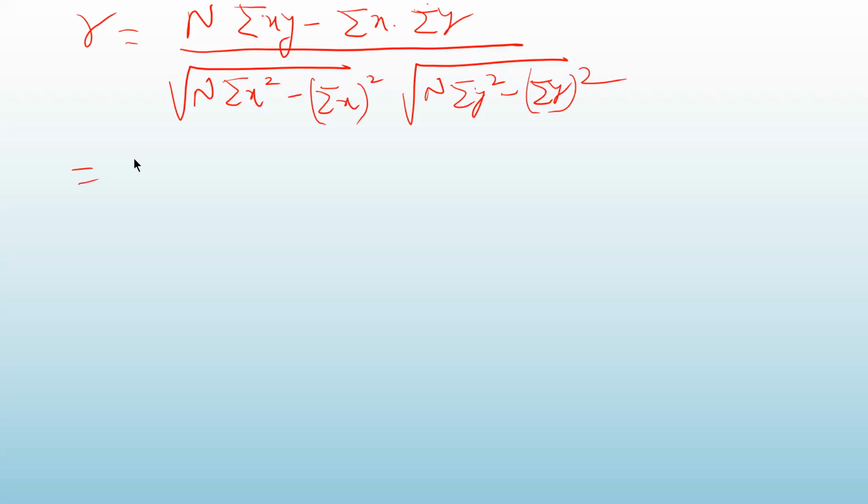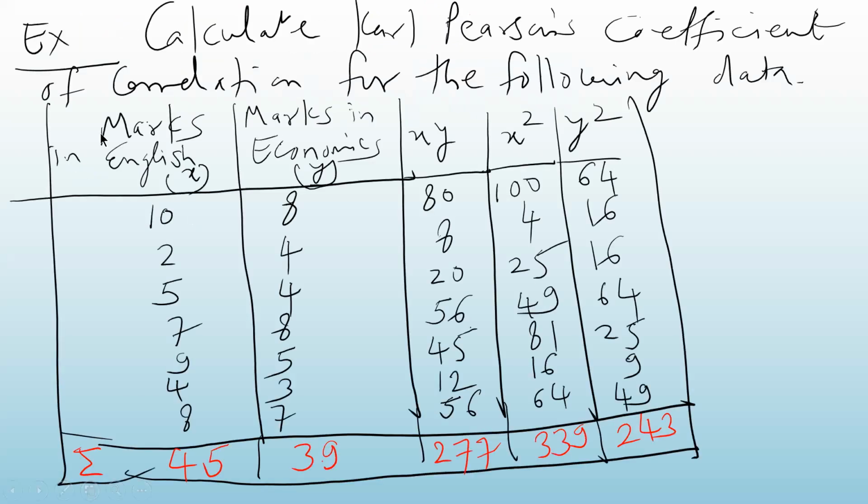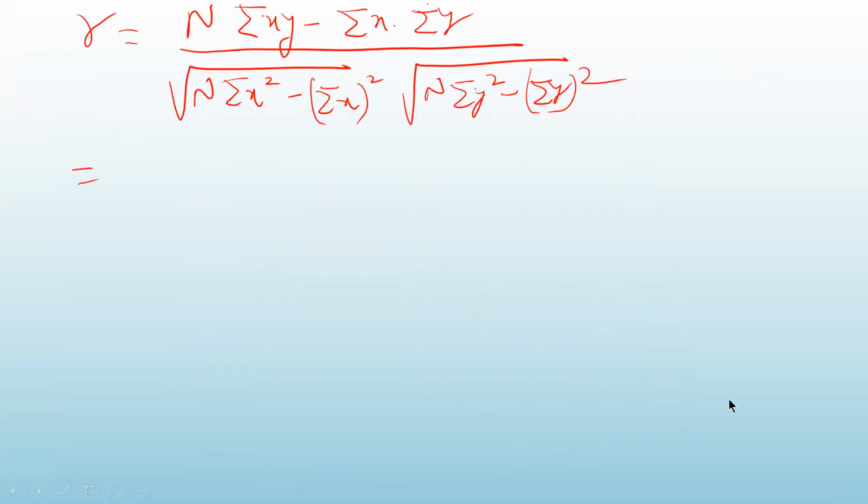What is the value of capital N here? Capital N in this problem is 1, 2, 3, 4, 5, 6, 7. There are 7 pairs of values of x and y. Look at here, 1, 2, 3, 4, 5, 6, 7. Okay. So capital N is 7. Capital N is 7 into